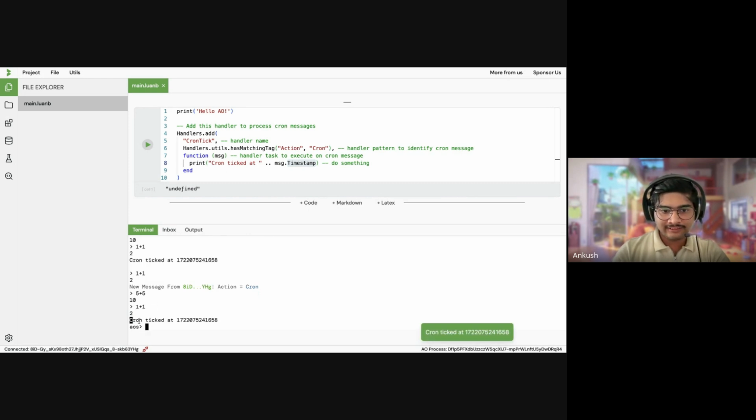Yep. And as you can see right here, it prints cron ticked at whatever the timestamp is. Okay, so